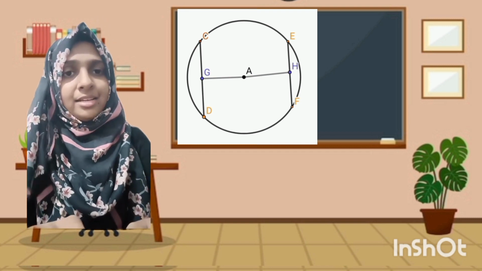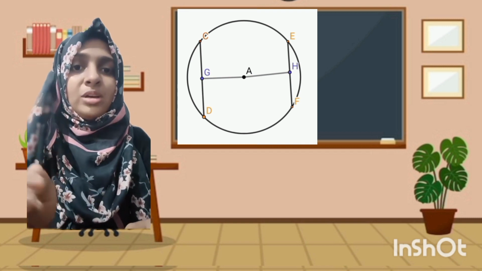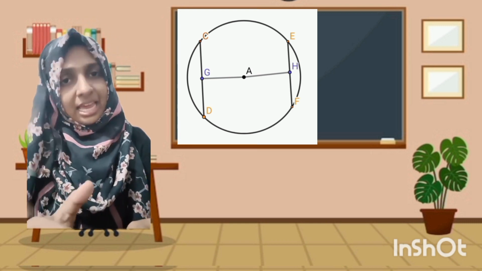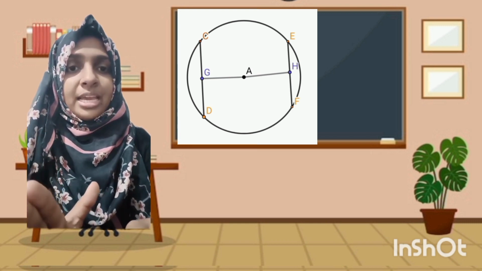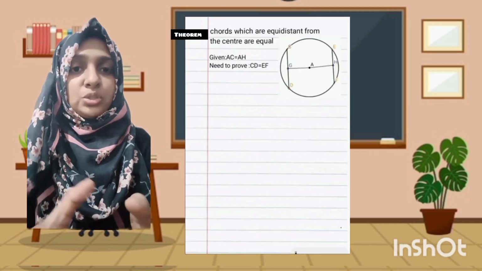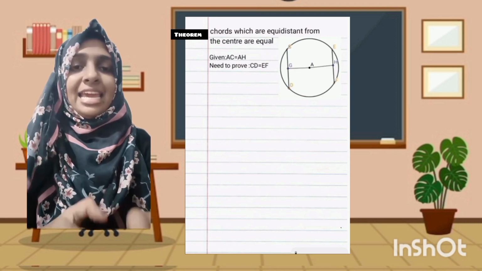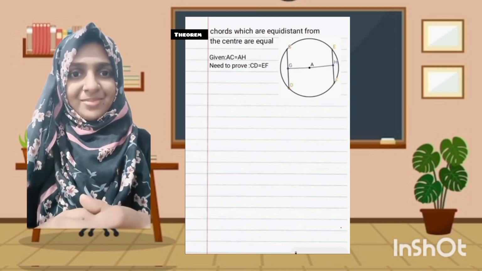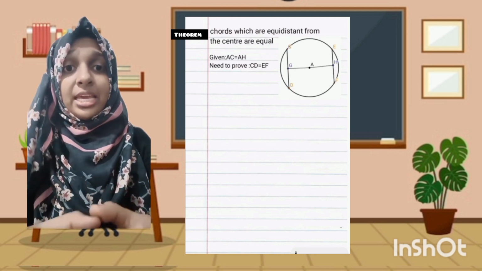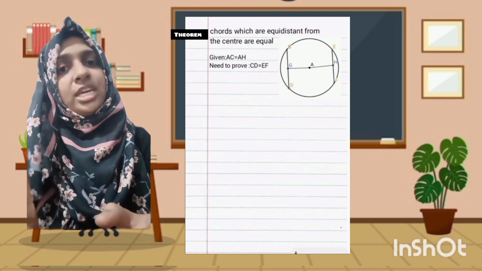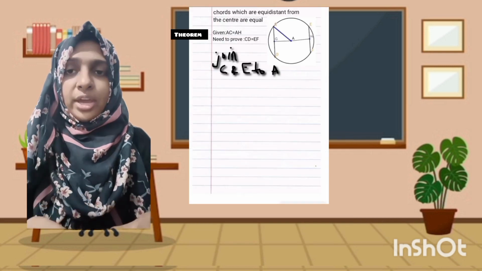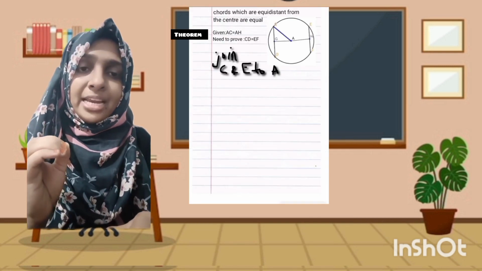Is that clear? So from the center, the chord CD is at a distance AG and the chord EF is at a distance AH. Now what we have to prove is that these two chords, that is CD and EF, are equal. Okay, so we will first point out what is given. So we have these two chords equidistant from the center, that is AG will be equal to AH. Clear? Now let's join the point C and